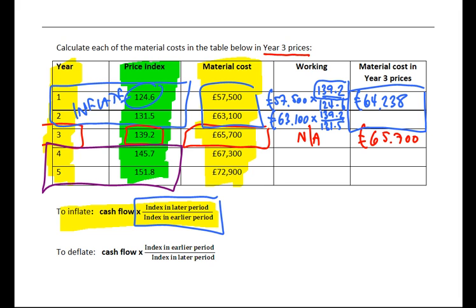So if I take 63,100 times 139.2 divided by 131.5, I now get an inflated material cost figure for year 2 of